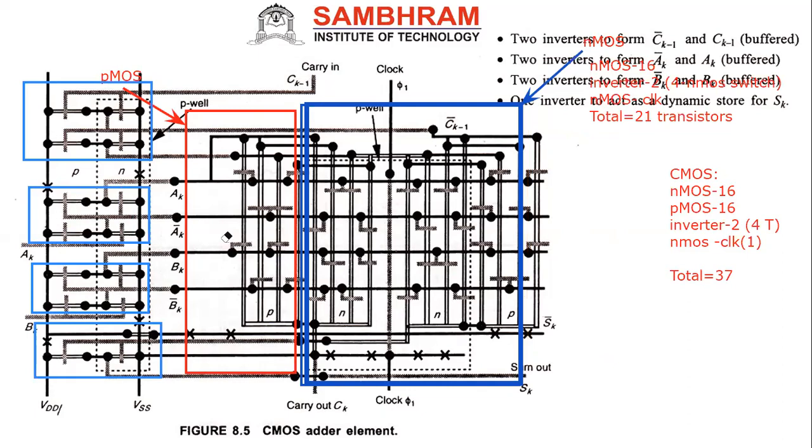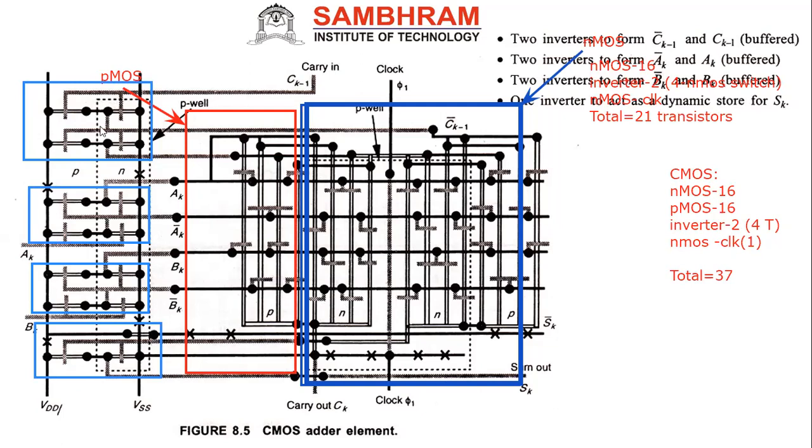Okay, 4 inverters. Now you can see how it has been done. This is a modified version of everything. If you look at this figure, you can't draw it straight away. Seeing this, you have to come step by step, then it will be very, very easy. So these are all the inverters, properly drawn here.